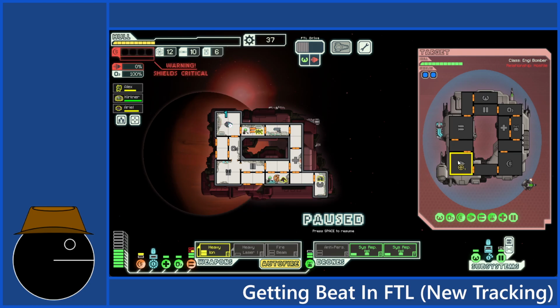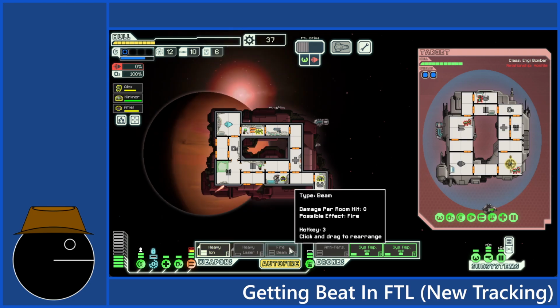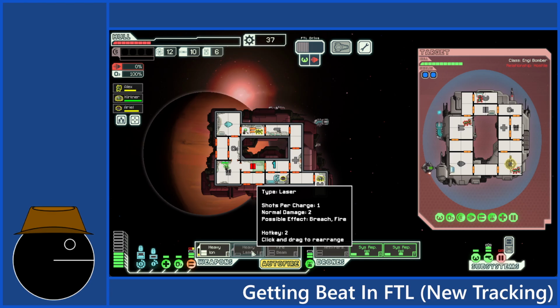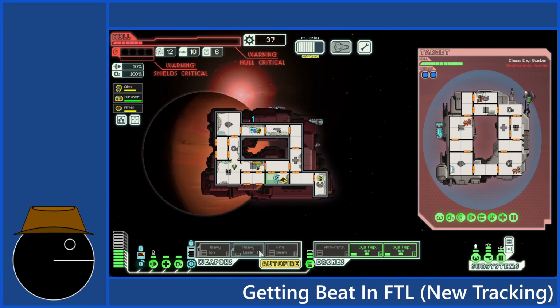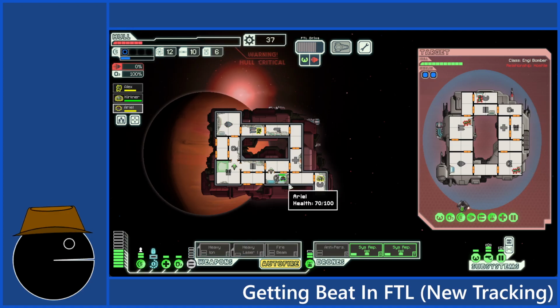Let's start up the ion again. With the fire beam, hopefully this time I can actually get it shot off. This might be the end of my run, simply because you have 2 levels of shield, which is a bit of an unfortunate way to go.